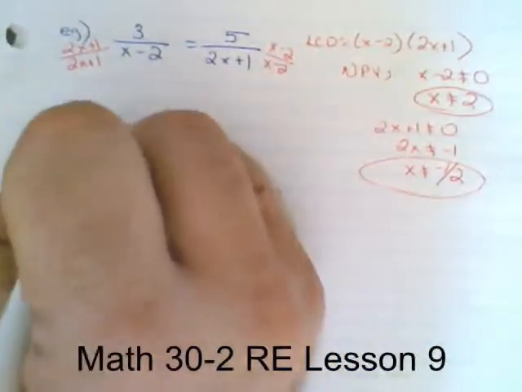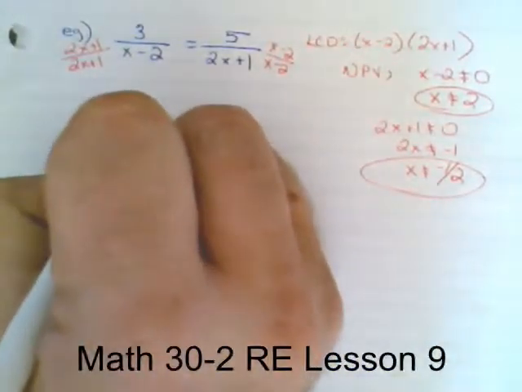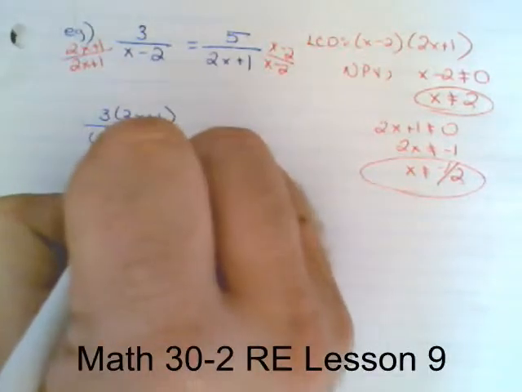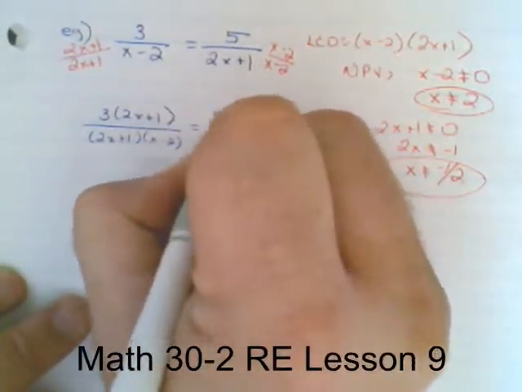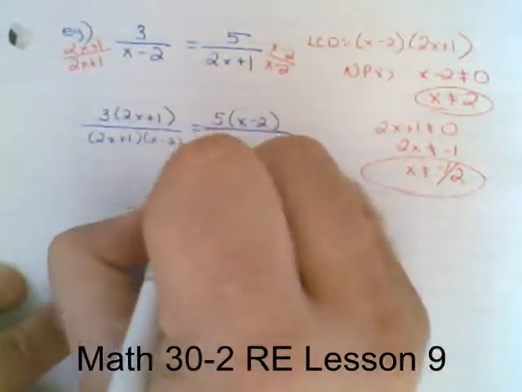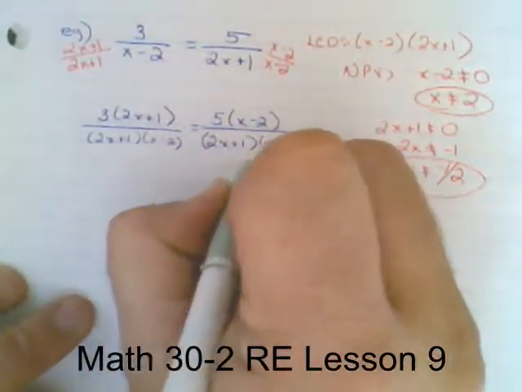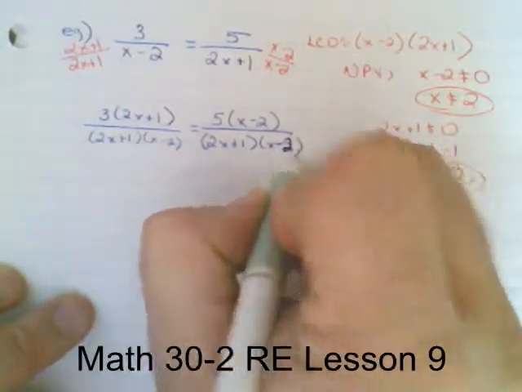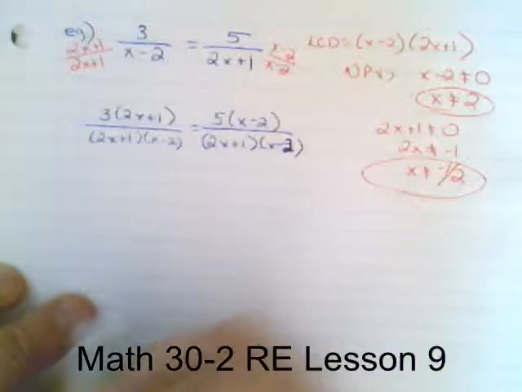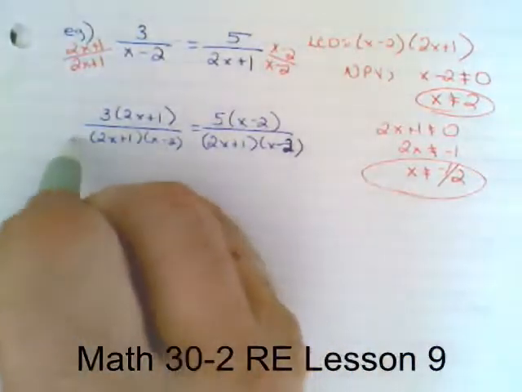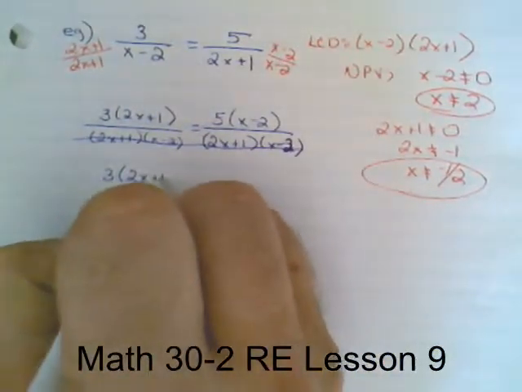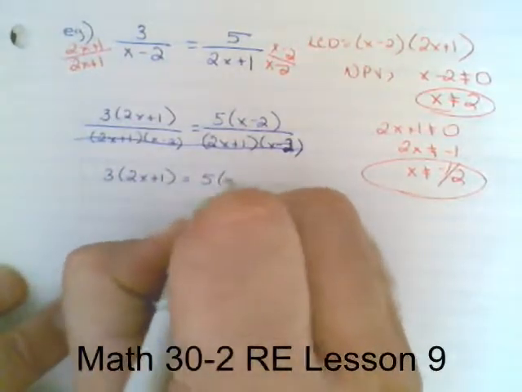I'm going to end up with 3 times 2x plus 1 over my common denominator equals 5 times x minus 2. And if you see the solution, you can make it a little bit simpler. You could skip a step if you want, provided you don't make a mistake. Oops, that's a 2. It just doesn't look like one. Okay. Now mystical, magical, those disappear, and I end up with 3 times 2x plus 1 equals 5 times x